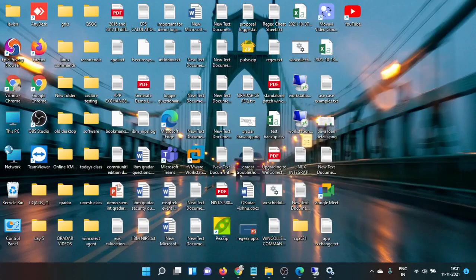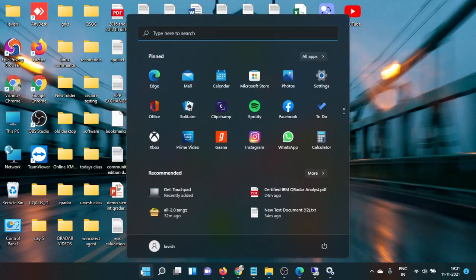That is one of the reasons it sometimes hangs. So these are the things you should check in the system, and you should also check the IP for communication between your QRadar and the WinCollect log source from where you are sending the logs.